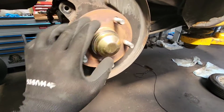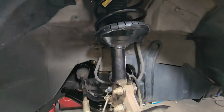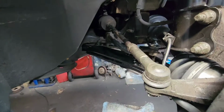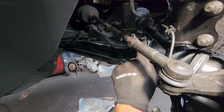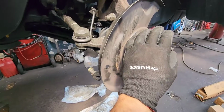I'm gonna clean off the hubs a little bit. I got this side in already. On the front, we did quick struts as well. We also did the passenger side axle, both lower control arms and sway bar links, and the brakes will be